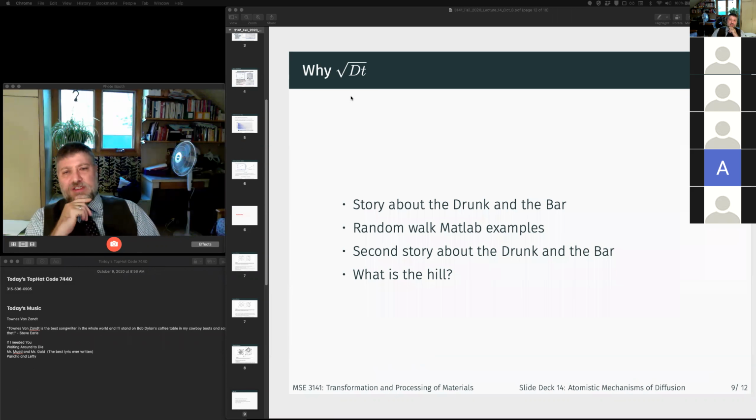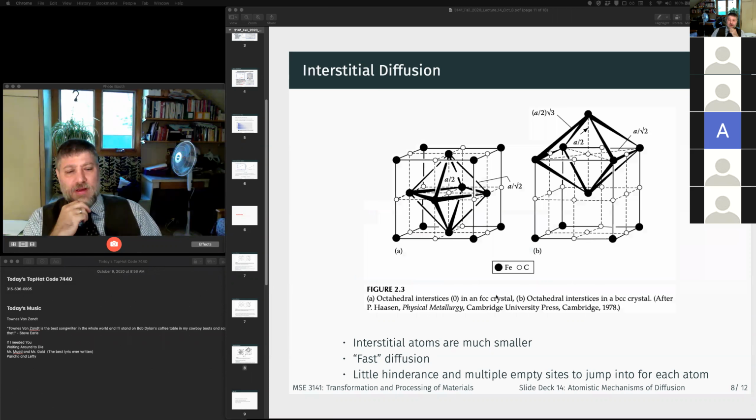So where does this square root Dt come from? I got a question. Yeah, to the previous slide. So this is really specific to welding engineers, but we took our steel and we heated it up, and that pushed the carbon out. I'm just curious about tempering,